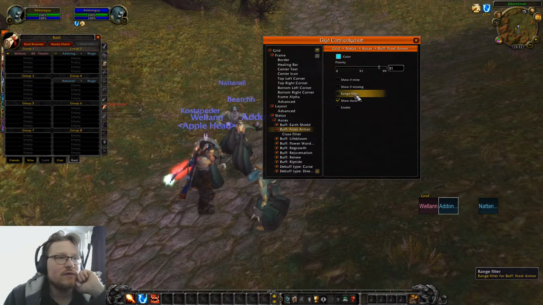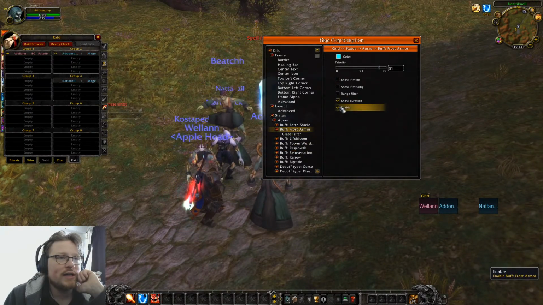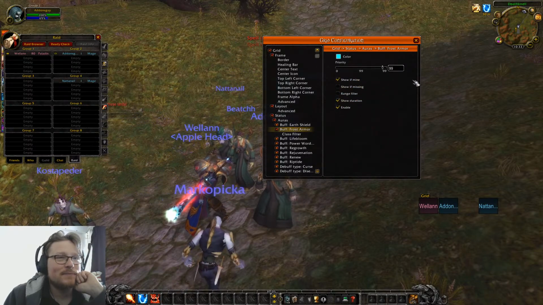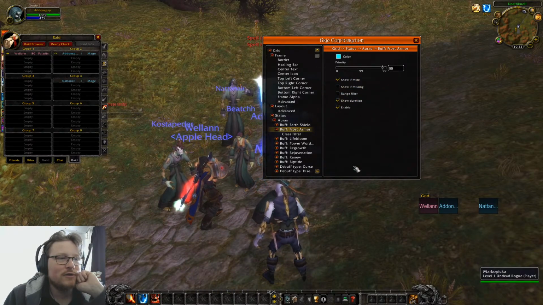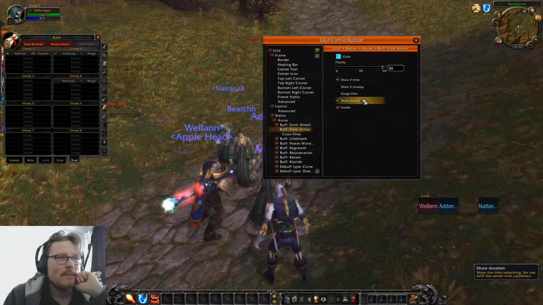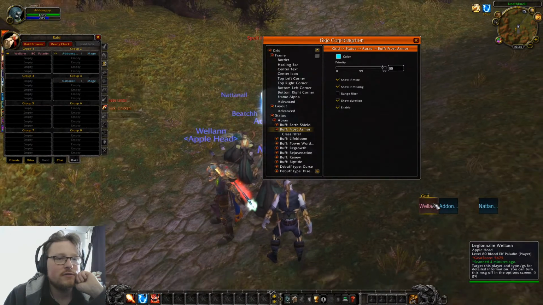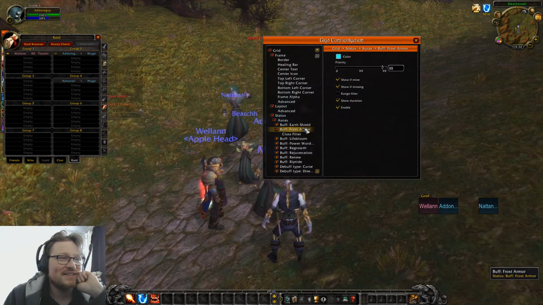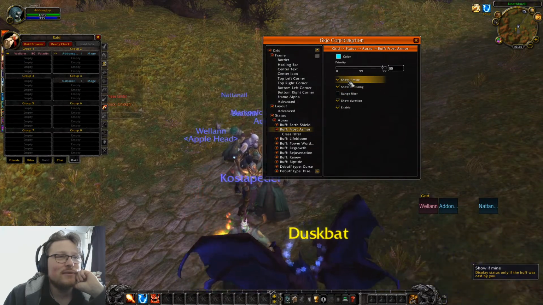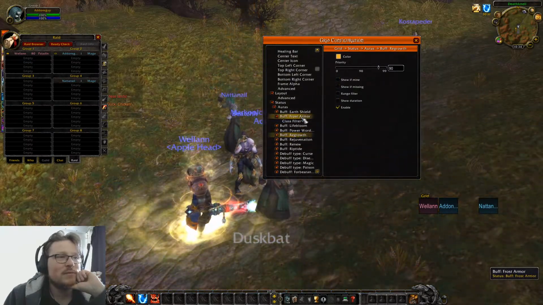I'm gonna check this one more time. Why you don't wanna work? Enable. Really? But really though, why don't you wanna work? Show if missing. Show me something. Yeah, I have no idea why this ain't working. I've set it up a million times like this, but